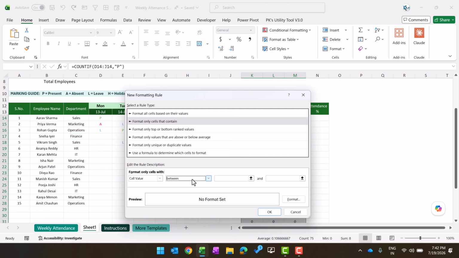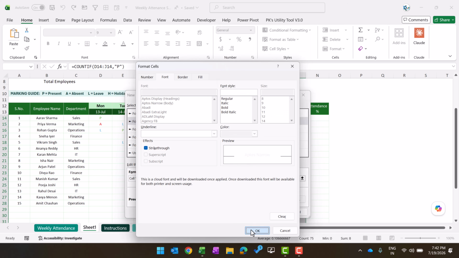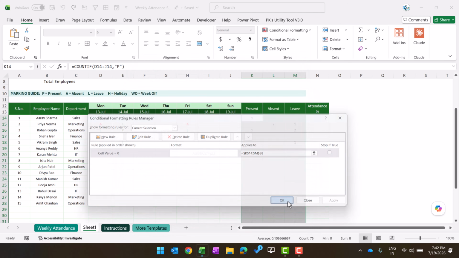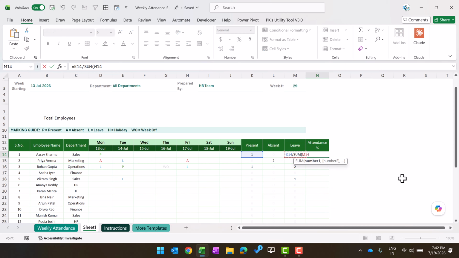Same option, equal to, and just put here 0. For the 0, we want to give a light gray color, this one. So we want to show the zeros but in a very lighter color, so that we can highlight the exact numbers. Now for the attendance, we will put here present, divide by, take the sum of these three and enter,